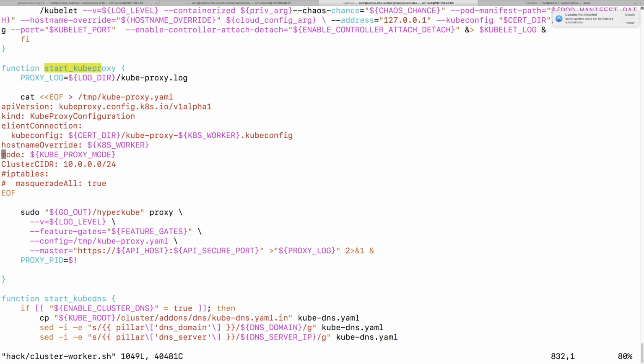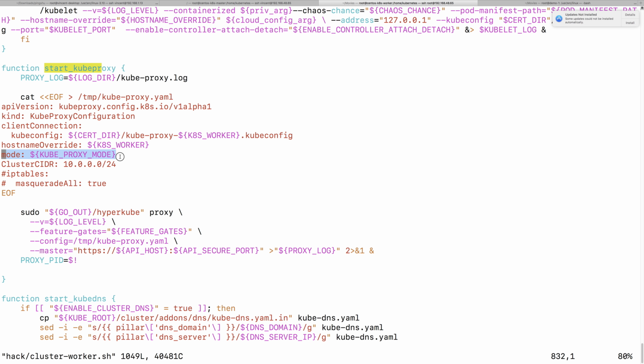So for example, this part we already know, the kube-proxy on workload needs a kube-config to connect to the master node, and here mode,